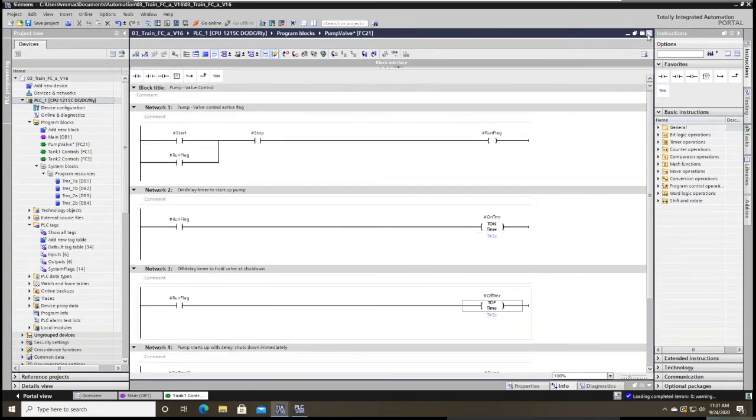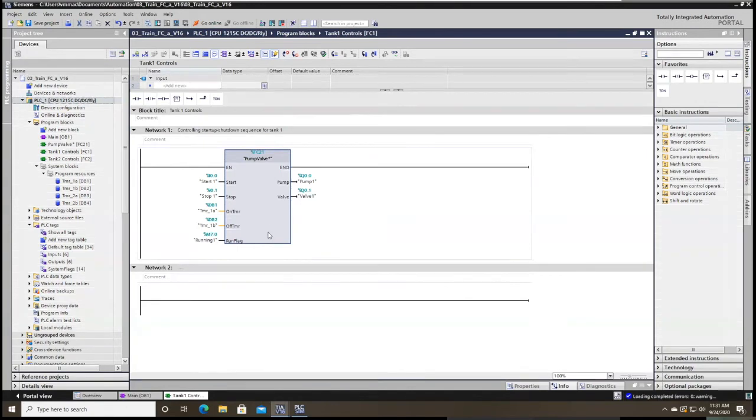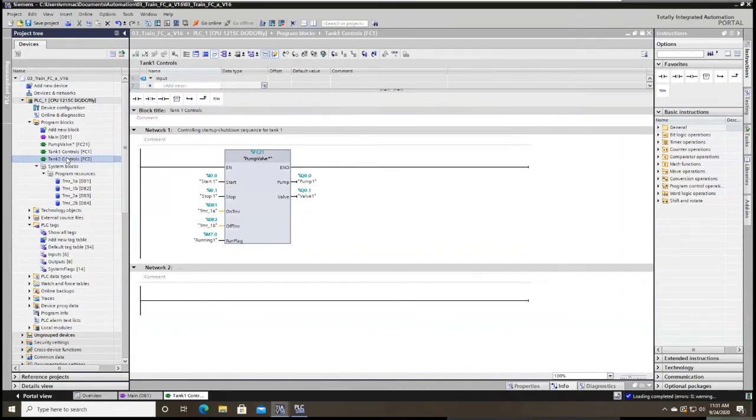This is just a means of showing you how this block is actually working, and how you can use that same piece of code in several blocks to control separate pumps, if you had separate pumps. So let's pretend that we wanted to add a third tank and a third pump to the actual setup here. I'll do something like this. I'll just copy and paste tank 2 controls. I'll rename it